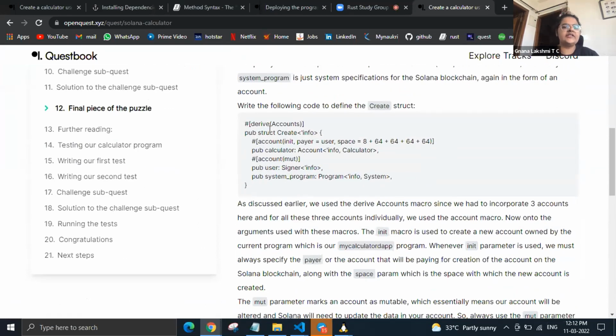Yeah. So in this create context, Shweta, can you explain this one? I think you are better at these accounts than me, what they're doing. Okay, so